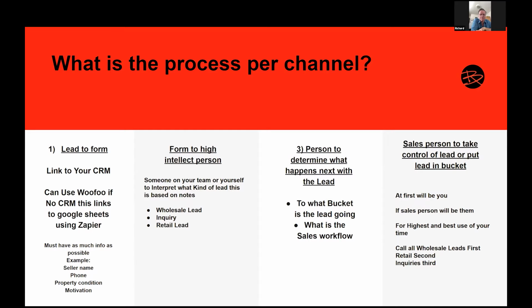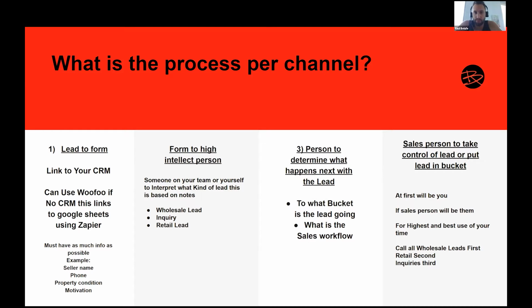Was that a question? What's the process once I start getting texts out? Well, that's what we're going to go over. So basically the first step is obviously to get the lead. You're texting already. Once you get someone that says I'm interested and you determine them to be an investment lead, let's say,